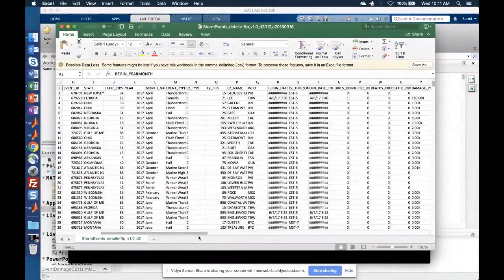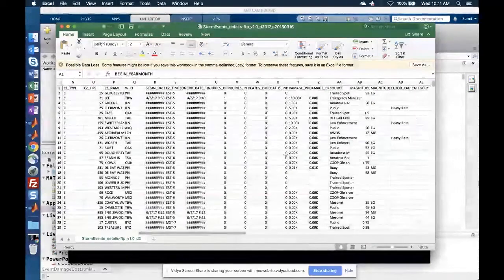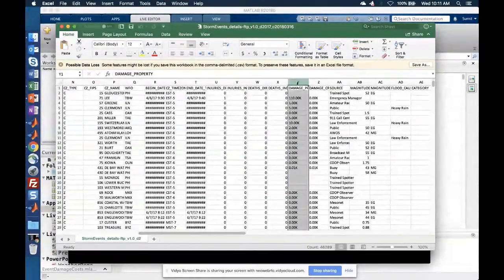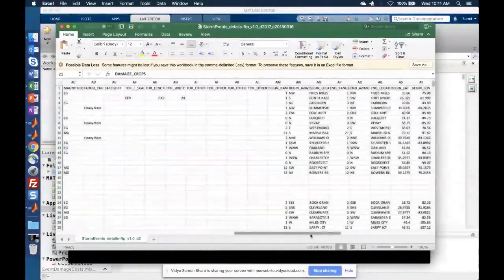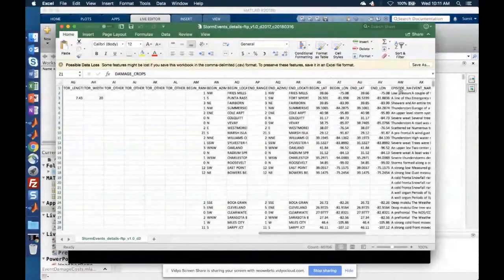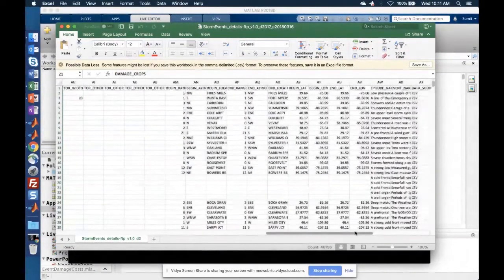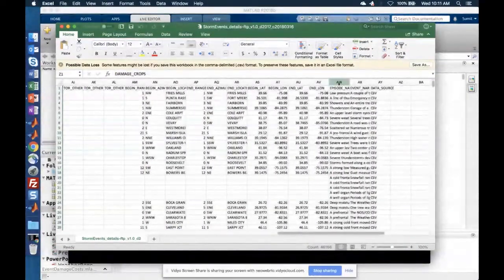And we have other information like how much property damage there was, how much crop damage there was, and we also have some other information like narratives, and so on, of how it was being reported in the media.